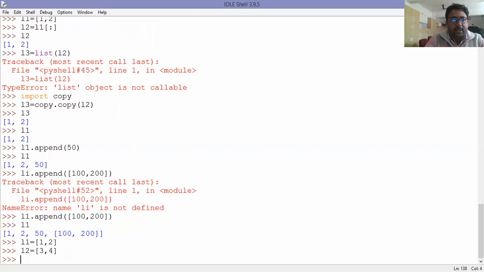There are two lists, L1 and L2, and I want to extend the list L1 so that I get the output of L1 as 1 2 3 4.